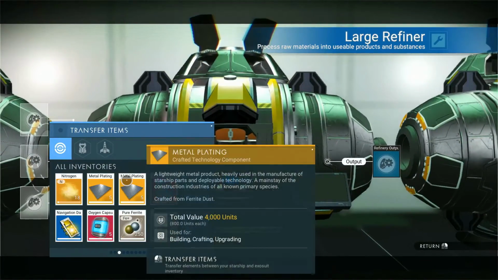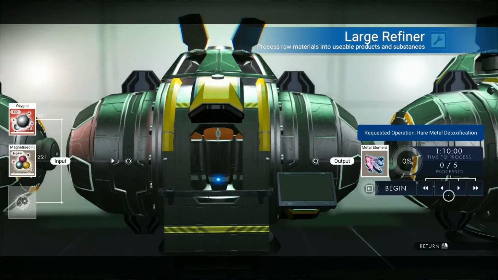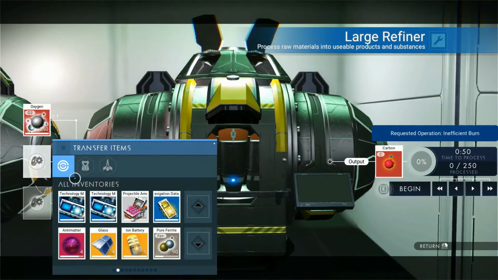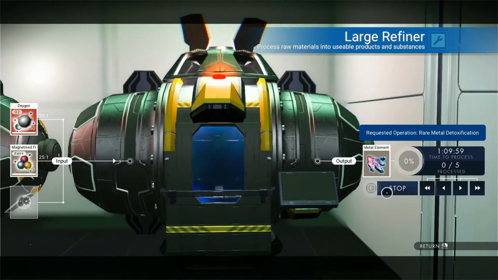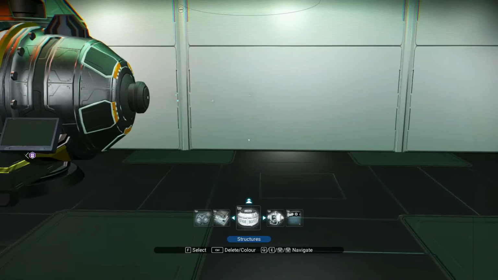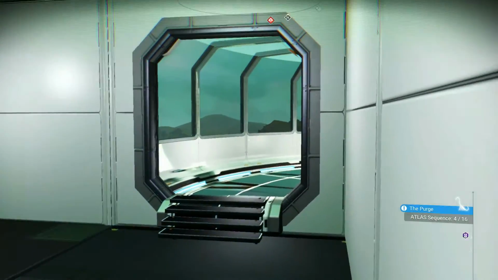I think really we have to do the same thing here. We're going to do the exact same thing. We're going to say oxygen and magnetized ferrite gives us that. And then the exact same thing over here, so they can all be running in tandem. And then we should have a few more rooms now that we can place. 1 and 2, which means, you guessed it, a few more large refiners. What are we missing? Chromatic metal. Well...